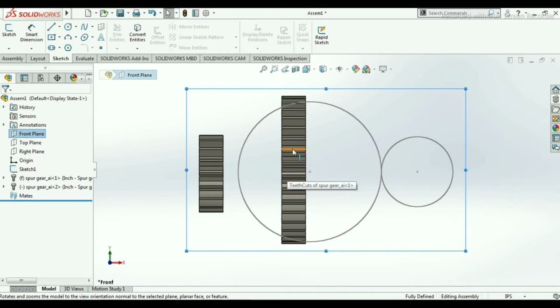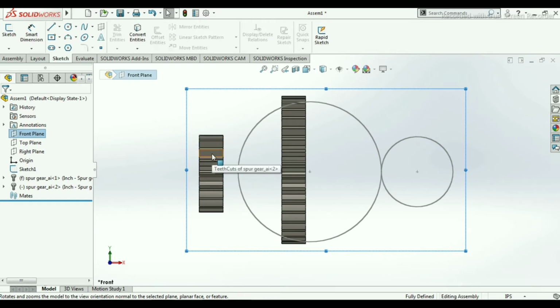From here we will rotate this, and then we will select this spur gear, and then we will put this spur gear in this circular section. So this is the circular sketch. Here we want this spur gear to be added.